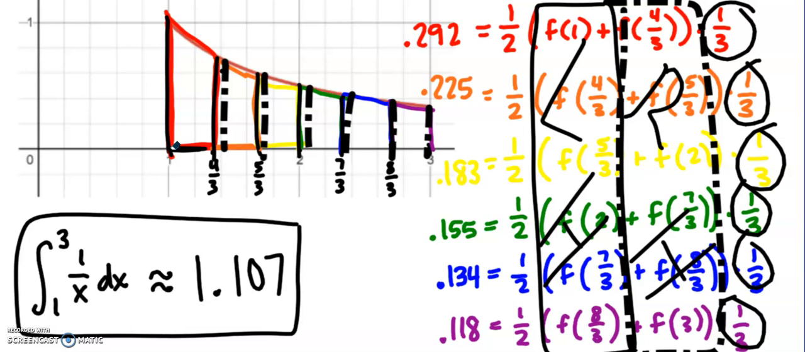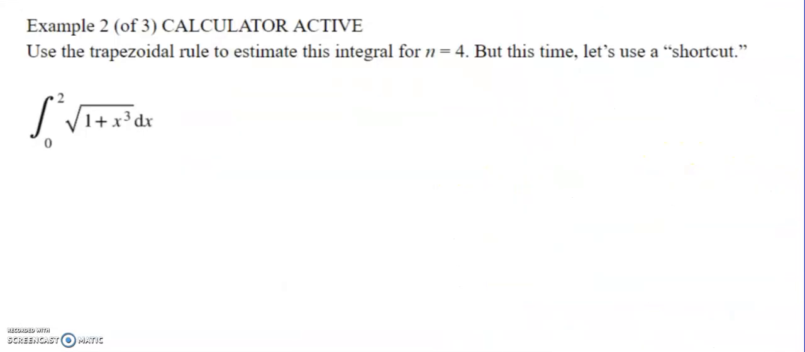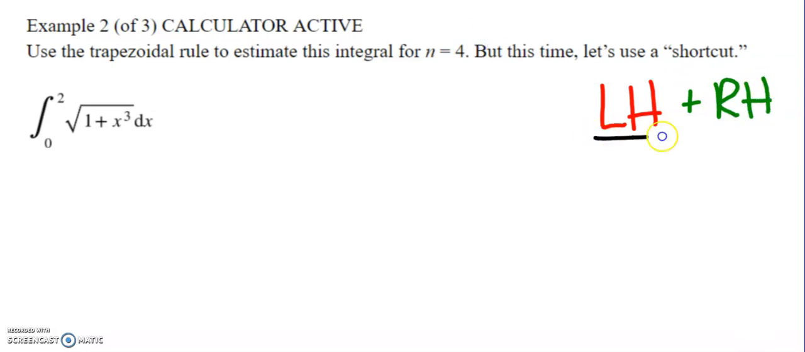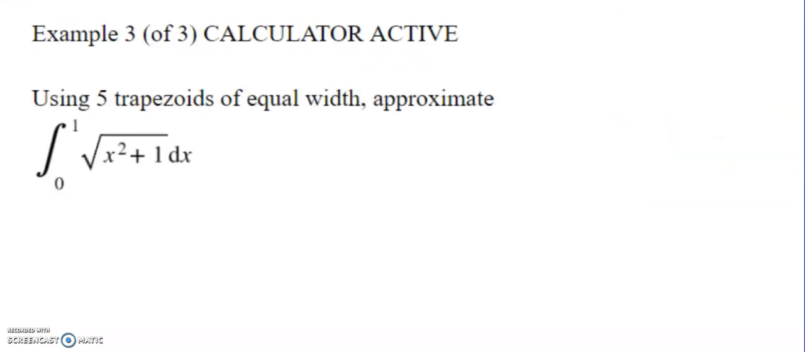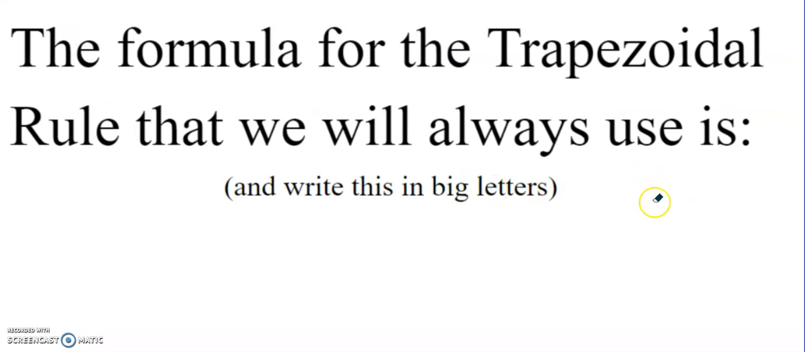So it looks like I could just take 1/2 times my left hand rule plus my right hand rule. And that's going to be our new shortcut. Okay? So our official shortcut for the trapezoid rule is to find the left hand rule plus the right hand rule, and then divide it by 2, which is the same thing as taking 1/2. Okay? So we have 2 more examples to do, but I want you to put this, the trapezoid rule, it's